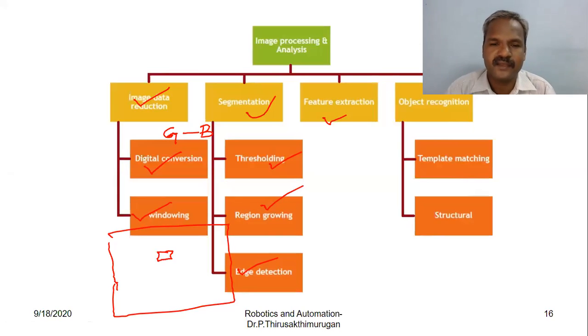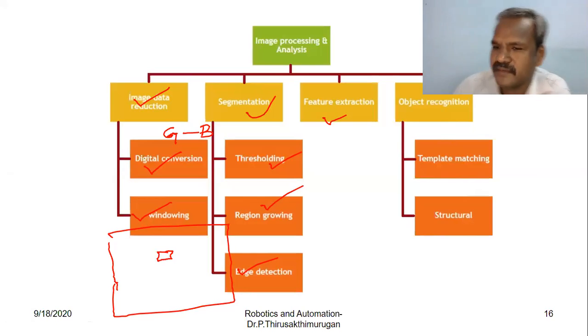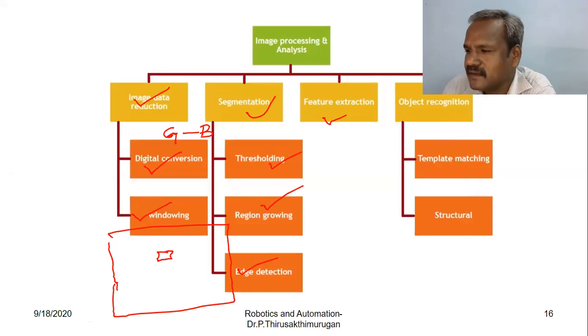Structural is based on the programmer, on the style of program. The template matching techniques are a subset of general statistical pattern recognition technique, whereas the structural technique considers the relationship between features or edges of an object.